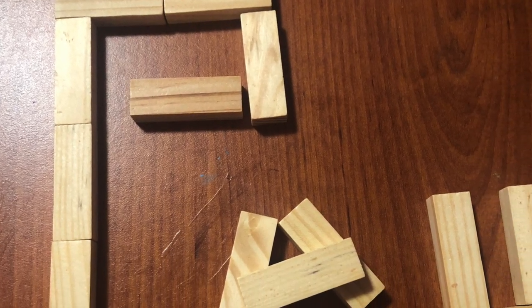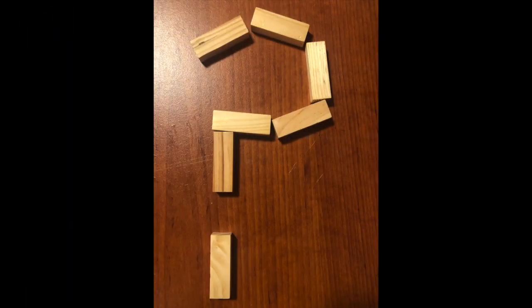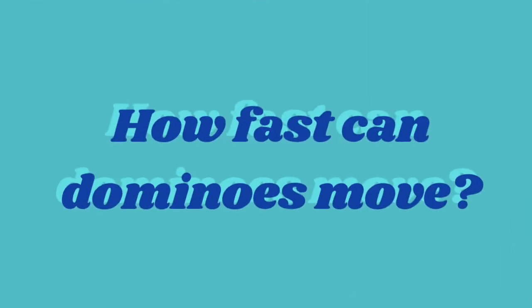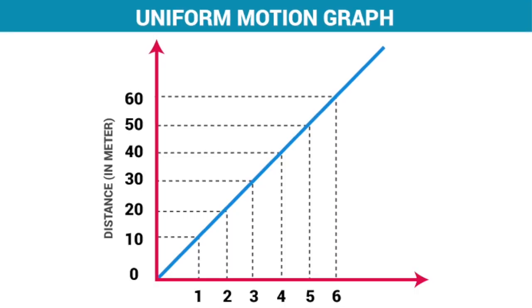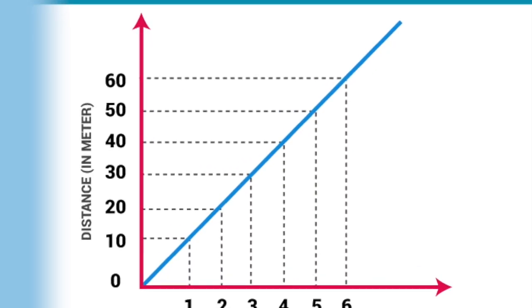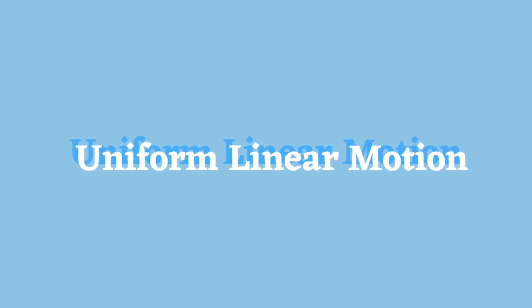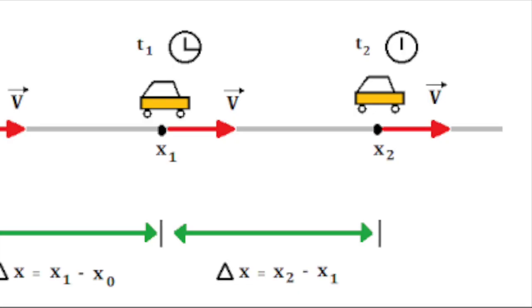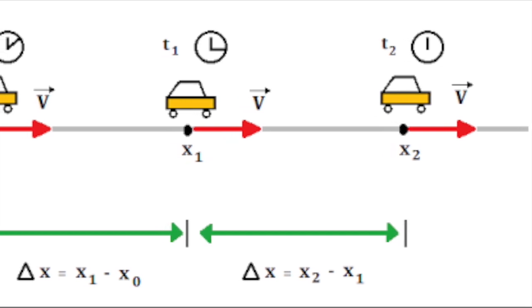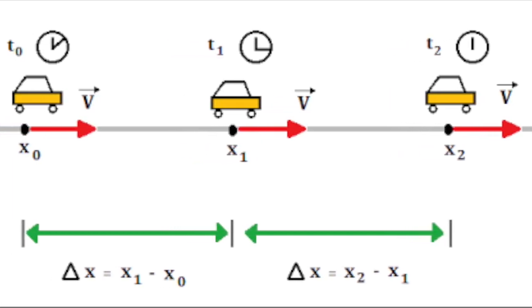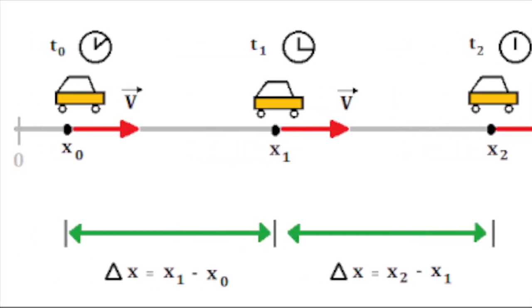Carolina Santiago Nava, and today what we're going to do is an experiment called How Fast Can Dominoes Move? The phenomenon that will be used for this experiment is uniform linear motion, which is also known as rectilinear motion. It refers to motion with a constant velocity, or a velocity that will not change over time, all this along